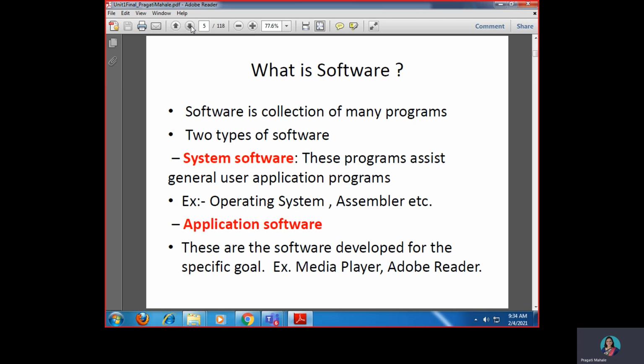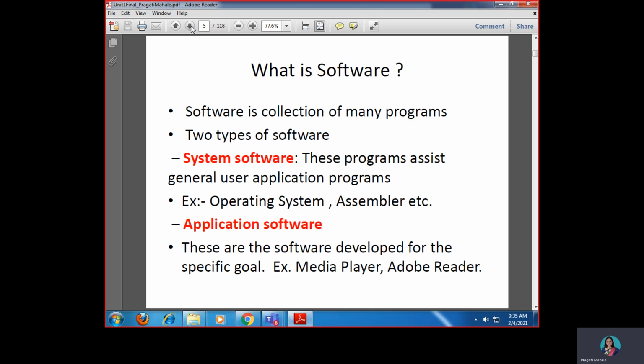For example, we have a media player, we have Adobe Reader, then we have so many different mobile applications, so many different web applications, and there are so many different applications, as I told you, like email, MS Teams, on which I am conducting this session.